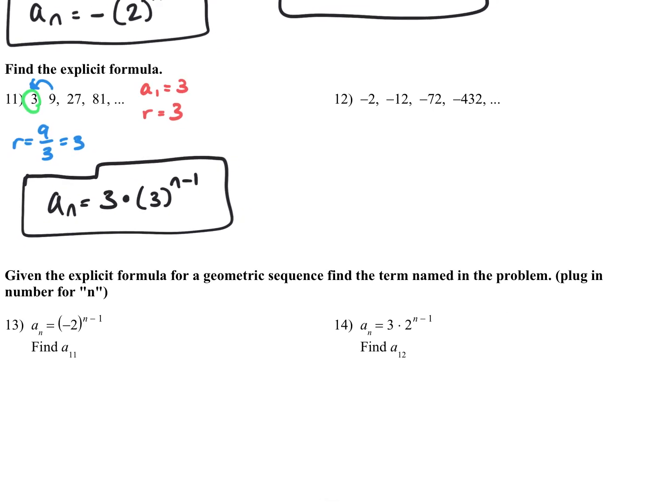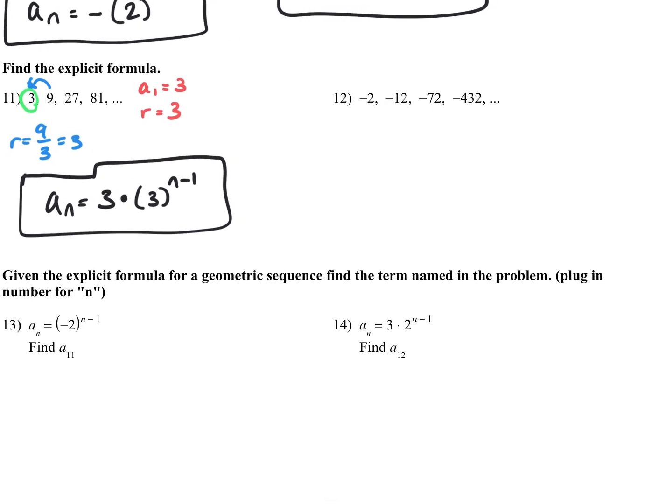Nice, short, and sweet there. Okay? Let's look at number 12. Number 12 is the same directions. Well, that means we need our first term and our common ratio. Okay? Well, our first term is given to us. It is